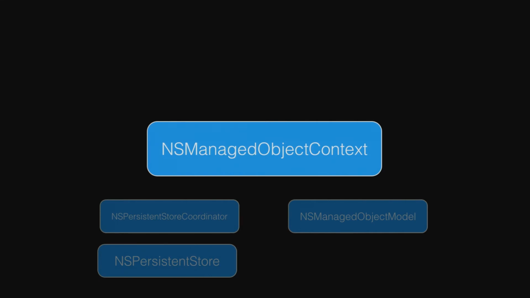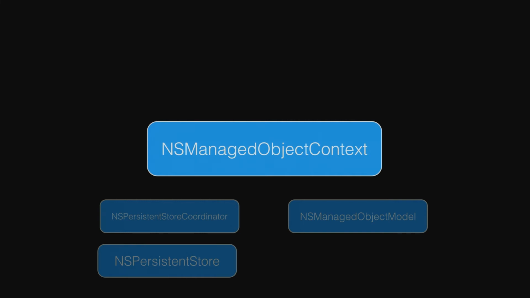But this is generally referred to as a scratch area or a work area for all the data that you're altering. The primary use case for this: say you have a list of data that you're displaying on your app, and you want to go and change one. What you'll do is take that object and create another context, basically another working area. You copy that object to this other working area, the context, make your changes, and if you cancel those changes, you just destroy the context, and you haven't persisted anything, so you've basically backed out and canceled.